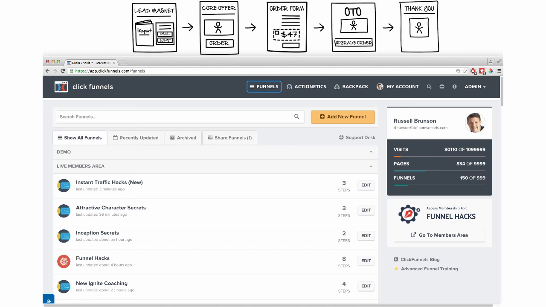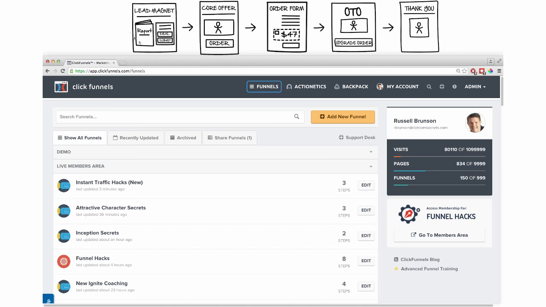Before we get started, if you were here in my office right now and had hired me for consulting, the first thing we'd do is sit in front of a huge whiteboard and map out what your sales funnel was going to look like. Obviously, you're not here in my office, unfortunately, but I want to pretend like we are. So I went ahead and mapped out what a typical sales funnel looks like. It starts here with the lead magnet, where you get somebody's name and email address,